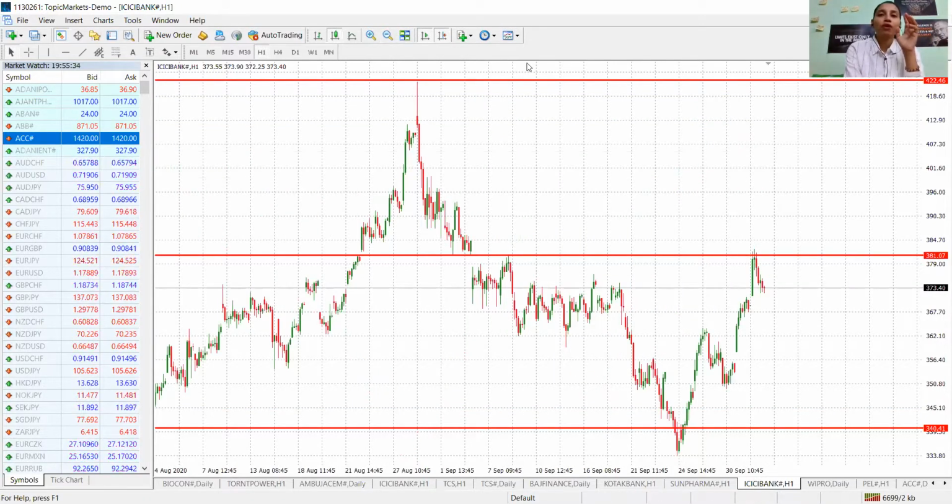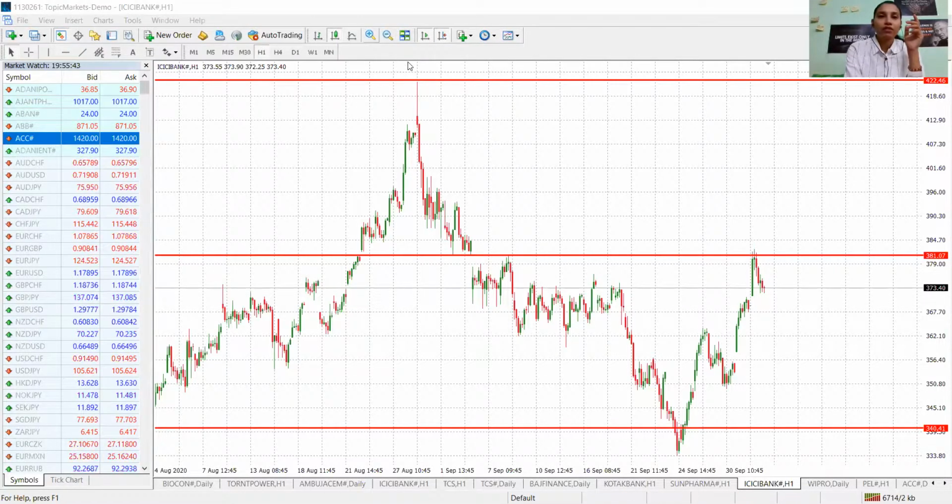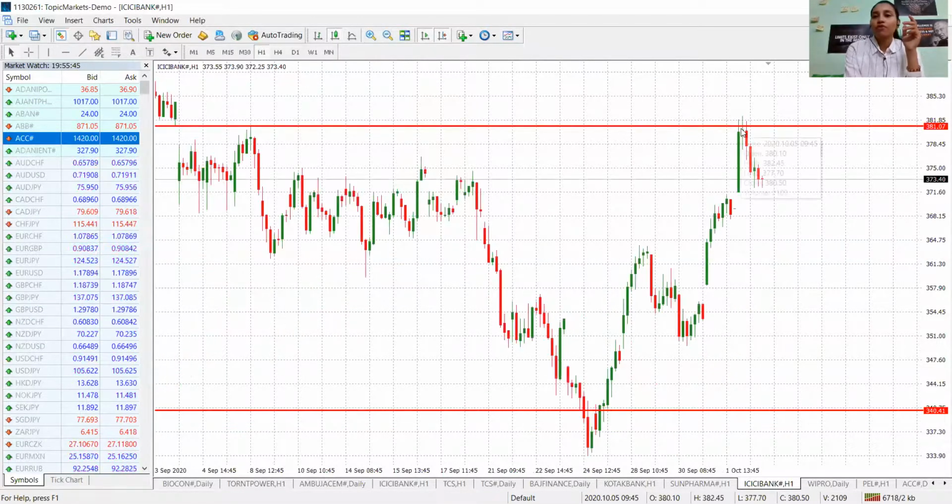So let me just talk about this only. If we have to set up this very trade, one more thing: what will be the stop loss over here? Suppose I will be selling this. My stop loss will be the high of this candle, which is around 382.45, for example, and I am selling it at 380. So let's do this. And my target, how much was it? Suppose after 380, my target was 5 rupees below, 375. This very trade I am going to write in front of you.